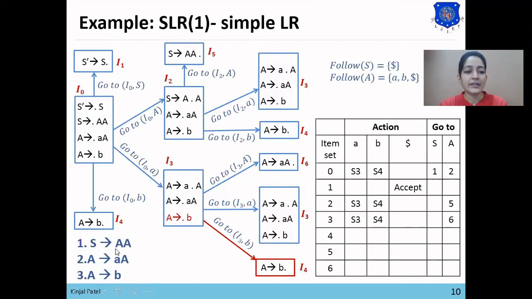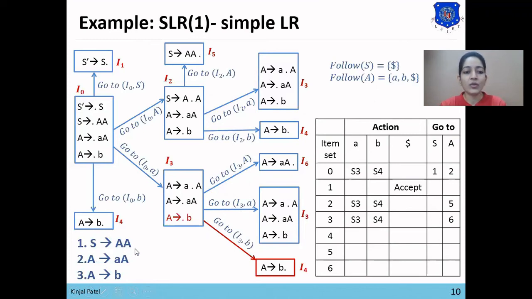In the first statement there is A, so we'll apply the rule on A, that is, which symbol follows that A. Here non-terminal A is following A, so first of non-terminal A will be placed in follow of A. First of A is small a and small b, terminal a and terminal b. So terminal a and terminal b will be placed in follow of A.